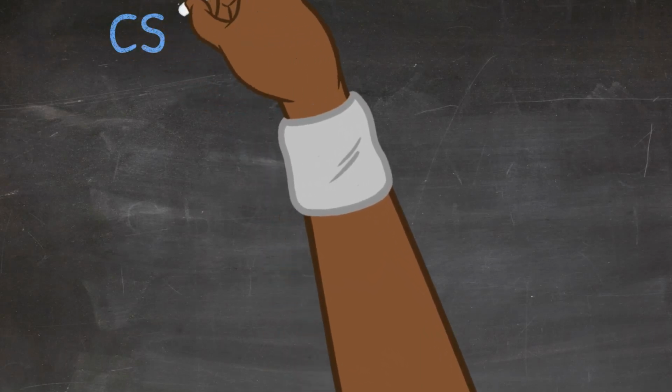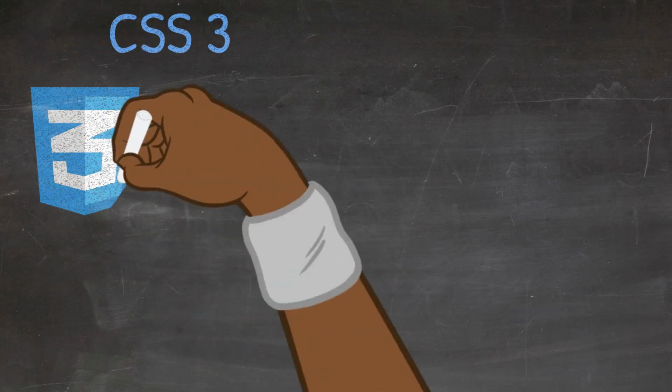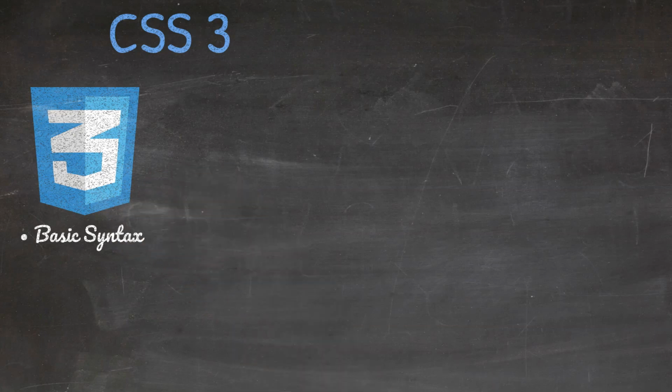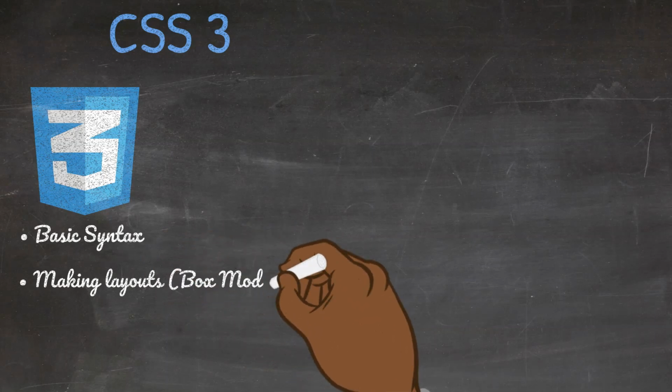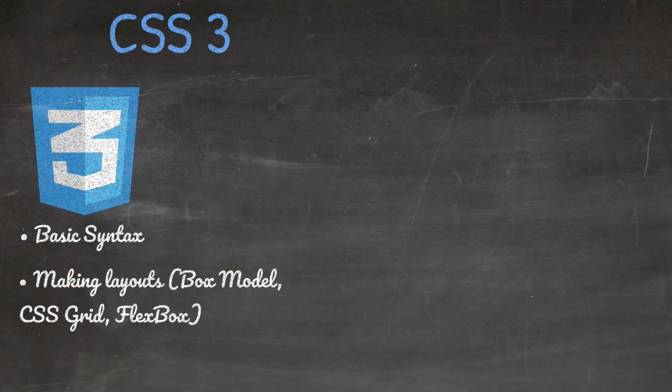Then you move to CSS. It stands for Cascading Style Sheets. It's the language for describing the presentation of web pages, including colors, layout, and fonts. It's the language you should learn right after HTML, but I would recommend learning both HTML and CSS at the same time. With CSS, you should learn its basic syntax, how to make layouts with the box model, CSS grid,